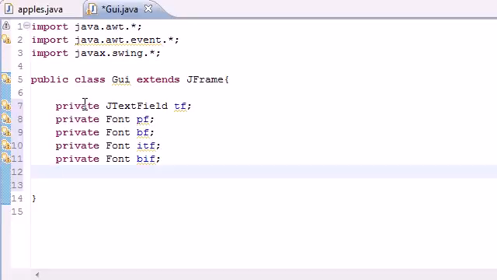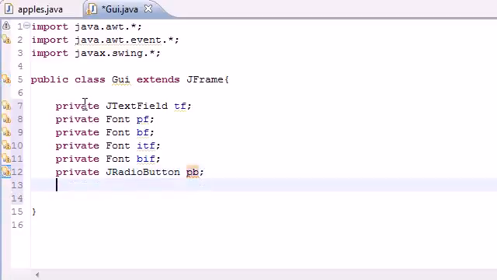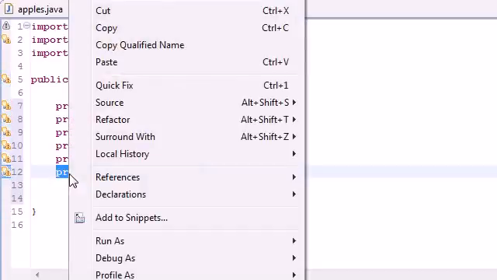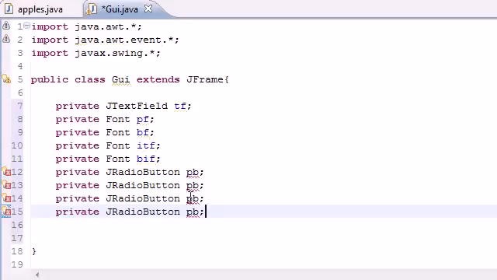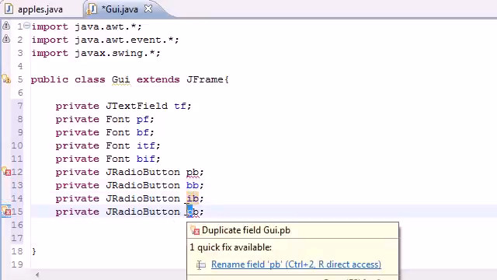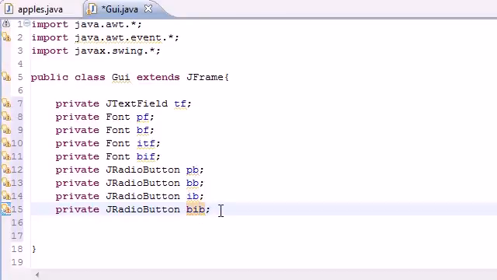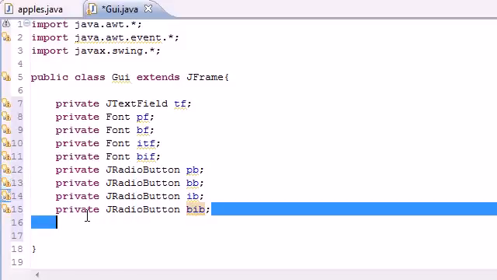Next, we're gonna have 4 radio buttons, and these are the buttons I was talking about. So let's go private, and then it's JRadioButton, just like that. And I'm gonna name my first button plain button. And when you click this button, it's gonna give you that plain font right there. So now let me copy this because I'm lazy, and make 3 more. Next, I'm gonna have a bold button, BB. Next, I'm gonna have an italic button named IB. And next, I'm gonna have a bold italic button named BIB. So now this plain gives you plain font, bold font, italic font, bold and italic font when you click these